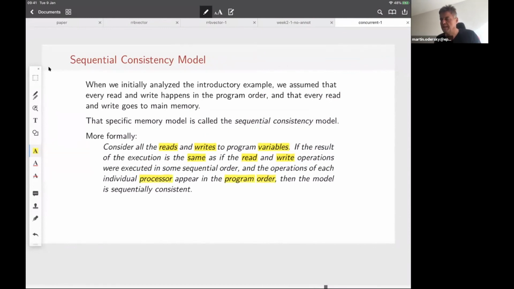So it means the total behavior of the program is like a sequence of instructions where each instruction is taken from one of the threads, and they appear in the order they're given in the thread.